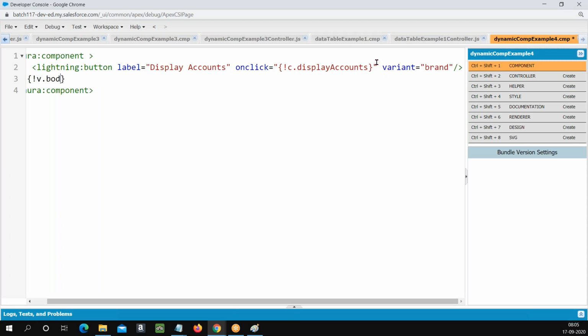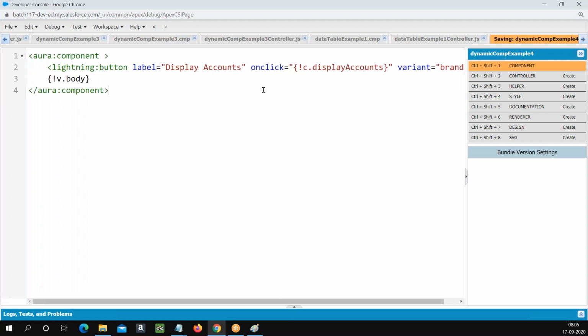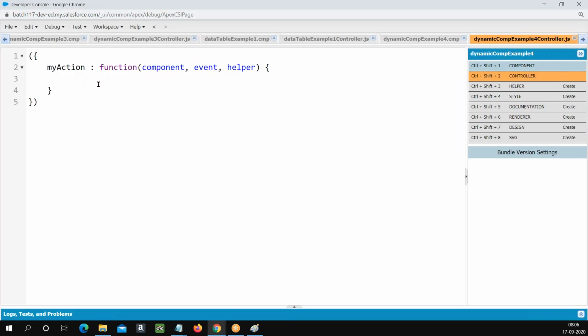So what is the importance of dynamic to create the component dynamically, right? Which increase the performance of your component, right? Unless you need it to be rendered, it's not necessary to keep all the components loaded while you run the component, right? I do not want to load everything. So when you click on this, then dynamically load this component. So this is a method, JS controller method. So here we are going to create the dynamic, no? Create,